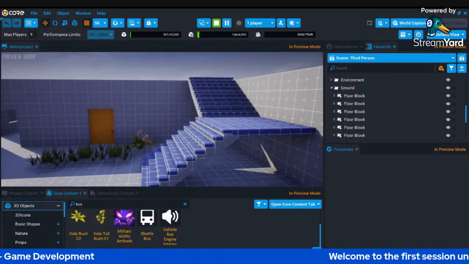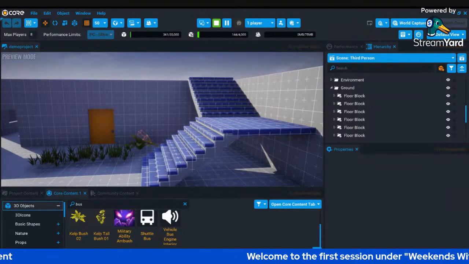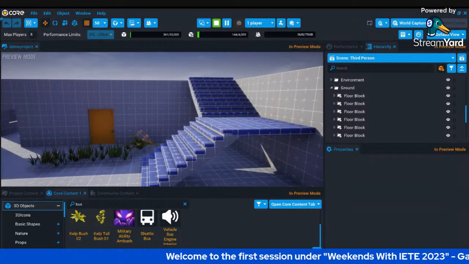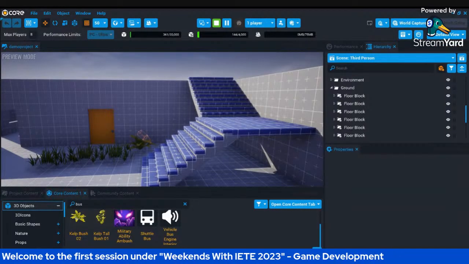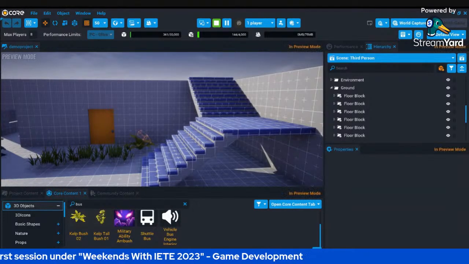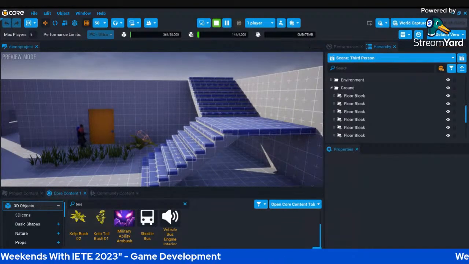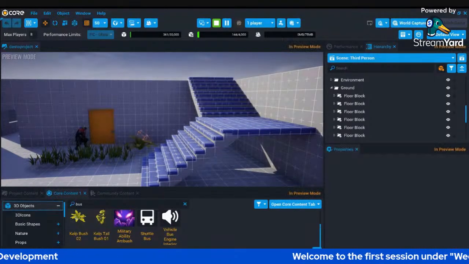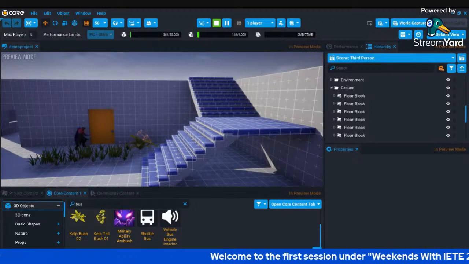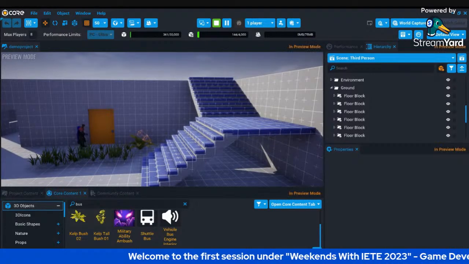Okay, great. In preview mode, the character is visible along with those grasses and objects. So I'm sharing my screen again so that you can watch the preview mode.